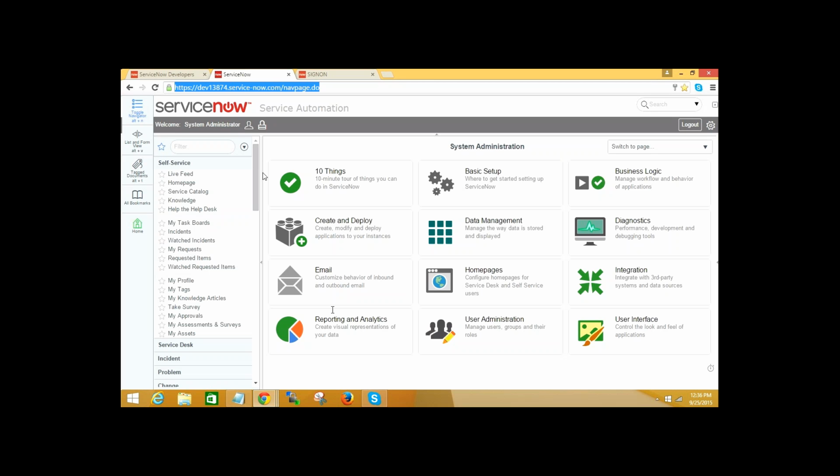So this is a cloud application, and the ServiceNow data centers provide this service as a SaaS, and the web application uses Web 2.0.